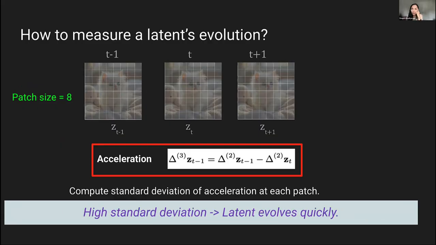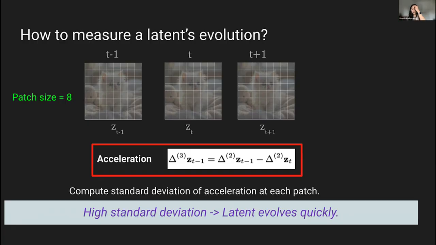So we try a higher, coarser-grained patch size. We repeat this until the standard deviation hits a particular threshold that we've determined empirically.